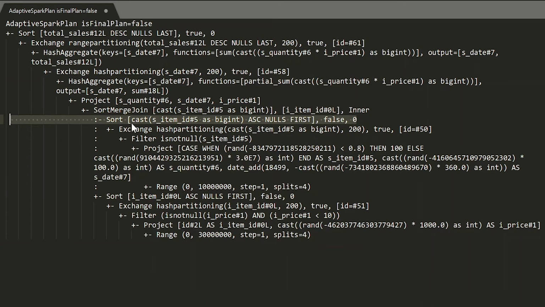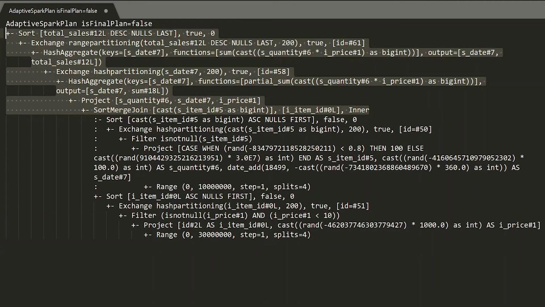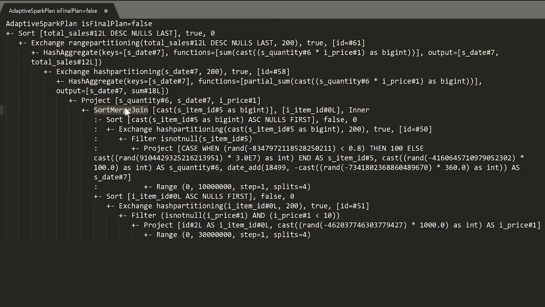Ultimately, this answers the question: Spark is going to try a sort merge join here. So Spark will be executing a sort merge join. That is the reason it is sorting both the keys of the join tables. The point I wanted to make here is that Spark is executing a sort merge join under the hood until the final plan is derived. So this is what I wanted to explain. Now let me go ahead and run the next step.